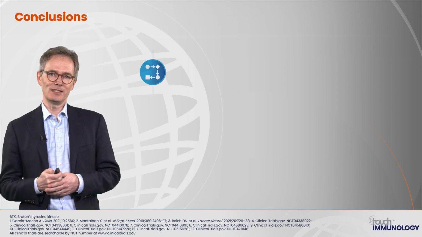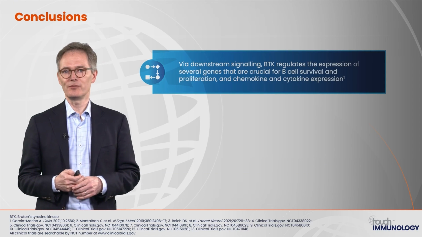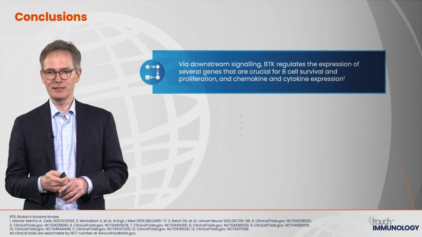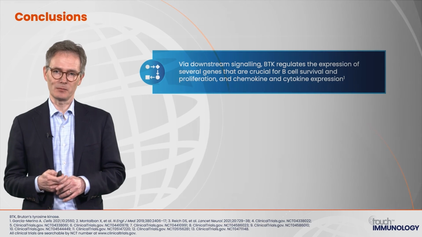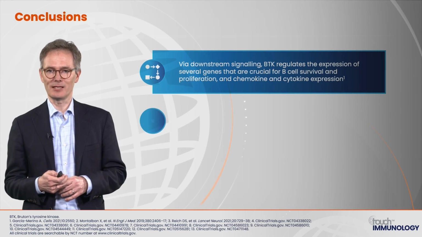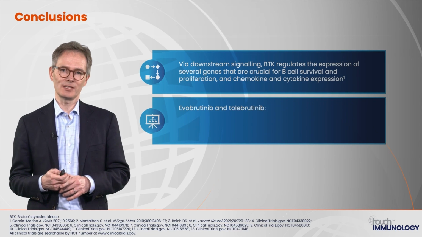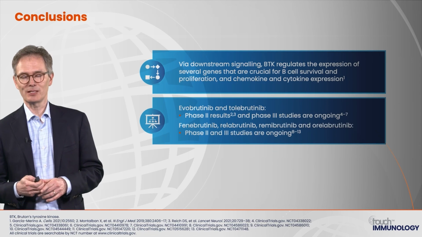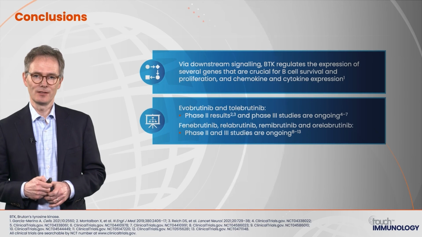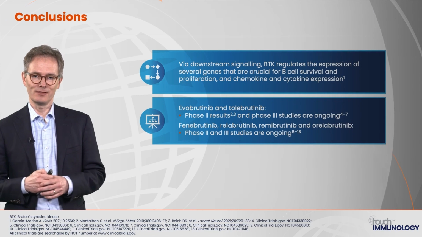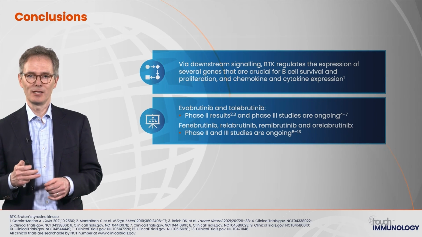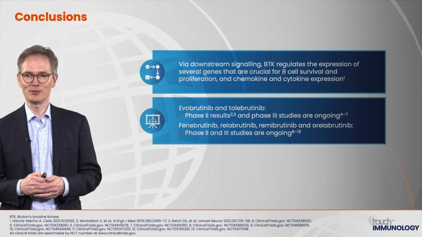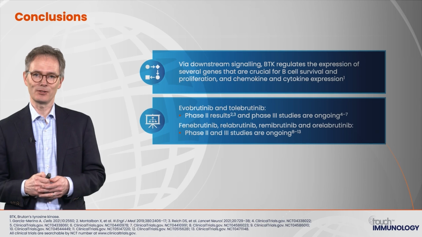So taken together, BTK inhibitors are a really novel mode of action in multiple sclerosis, acting on B cells, but also on innate immune cells, acting in the periphery, and probably some of the compounds also in the CNS directly. Currently, we have phase 2 results of evobrutinib and tolebrutinib that both showed positive outcomes in the primary endpoint, which are GAD-enhancing lesions. And currently, a lot of drugs are in phase 2 and 3 trials. So fenebrutinib, remibrutinib, tolebrutinib, and evobrutinib are in phase 3. And orelabrutinib is in phase 2 trials currently going on.